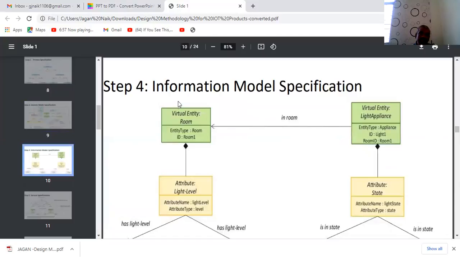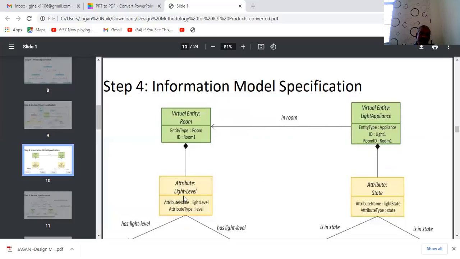And by having the information model specifications, we can choose two types of class diagrams here: the virtual entity room and the virtual entity light appliance. In room, there are two attributes, light level and light state, which we discussed in the purpose and requirement models.